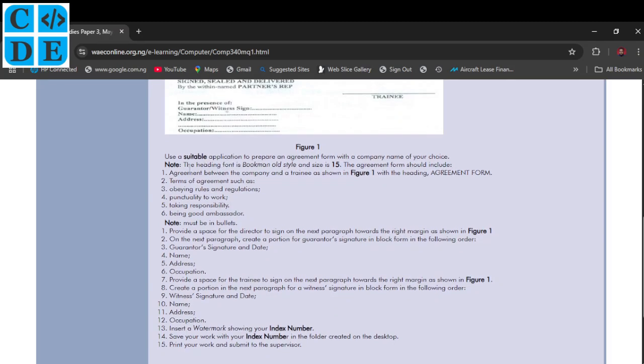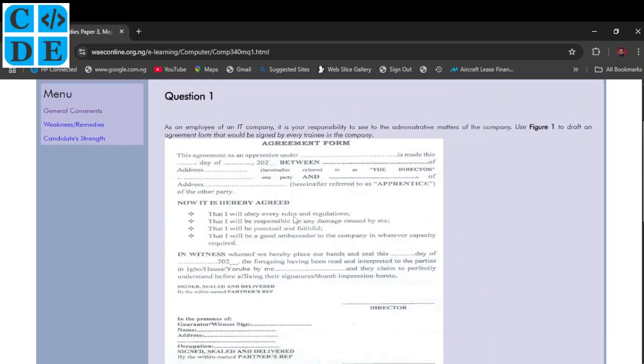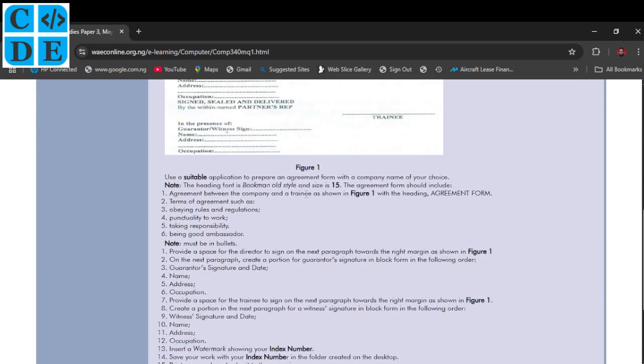Okay, so the rest of the things here are basically the instructions. So let me just quickly run through the most important ones. The heading font is in Bookman Old Style and the size is 15. So take note that the heading, which is the agreement form here, is in Bookman Old Style and the size is 15. Apart from that, I don't see anywhere that any font or any font size was mentioned. So you're free to use any font or any font size of your choice in the body of